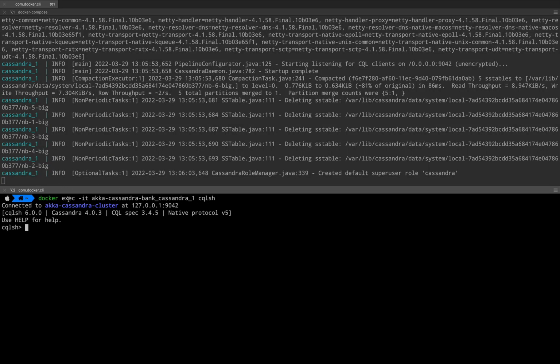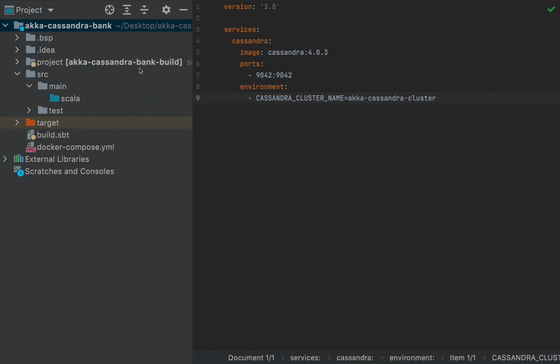So if you need more time, just pause the video until the Docker container has finished downloading and setting up. Run this command, docker exec -it, and then use this name, akka-cassandra-bank_cassandra_1. This is quite a mouthful. And cqlsh, the CQL shell, and you should be able to obtain this prompt. After you've done that, you can come back to the code